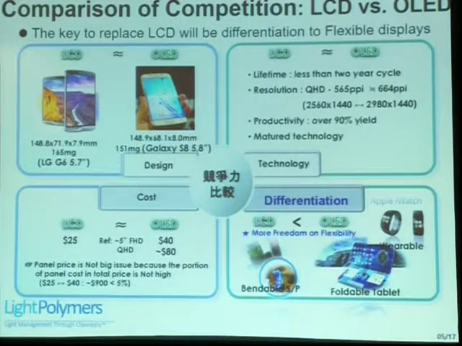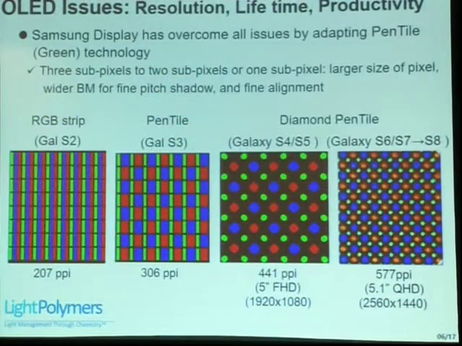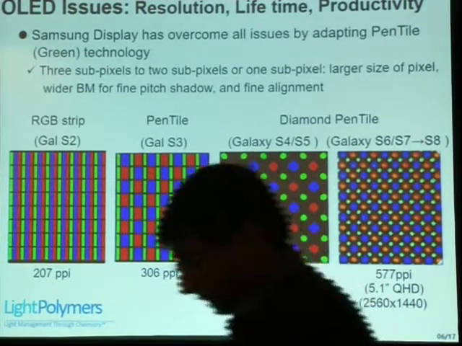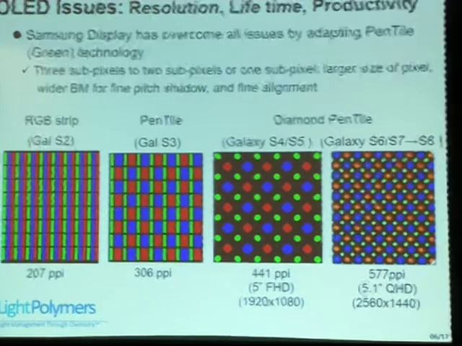And the differentiation, this is the key for the future. Actually, the LCD should use the BLU unit, so it's not easy for LCD to be foldable or flexible. That's why, in the case of the mobile display, this is another story. I can show you that there were many OLED issues when Samsung Display started to develop